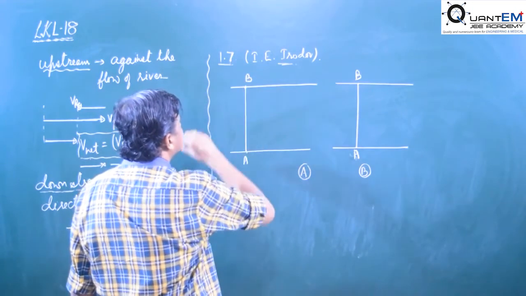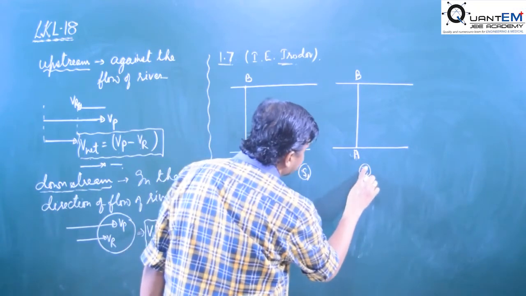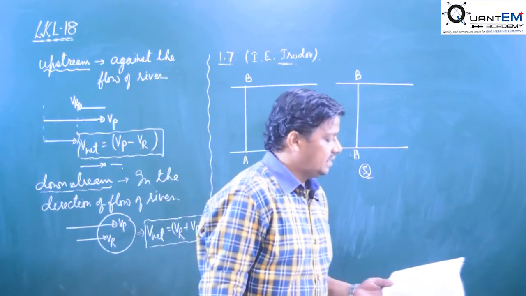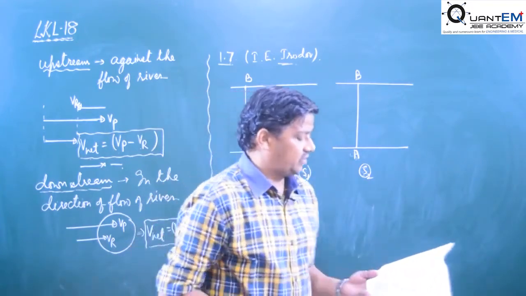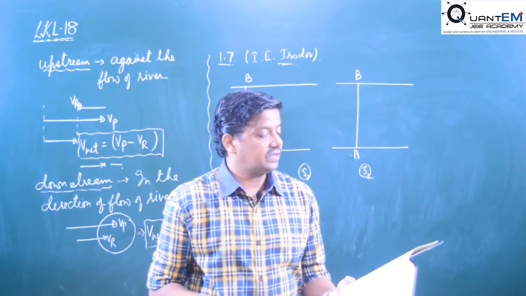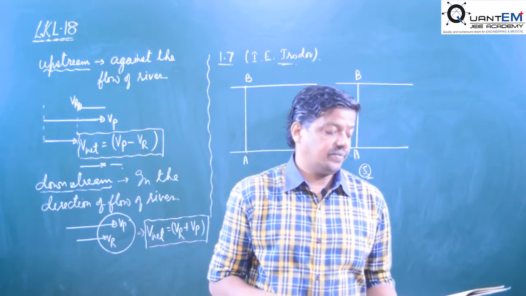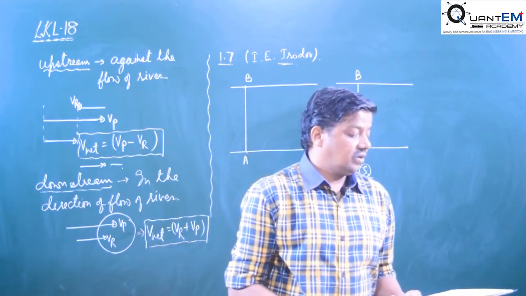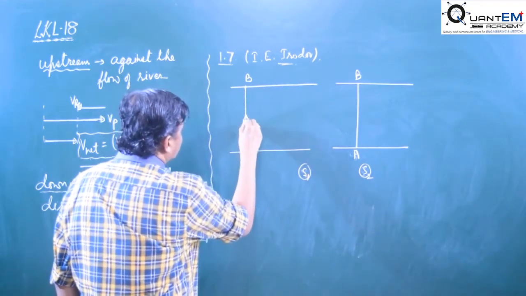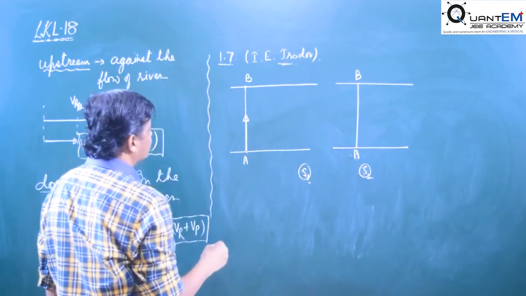Both the swimmers have to reach the point. This one is swimmer 1 and this one is swimmer 2. S1 and S2 we have taken. So we have drawn the initial condition. Whatever the statement has been given, according to that statement we draw the diagram. One of them crosses the river along the straight line AB. Now what we have been given: one of them crosses the river along the line AB. So the first swimmer strictly moves along the line AB. That is the condition for the first swimmer.